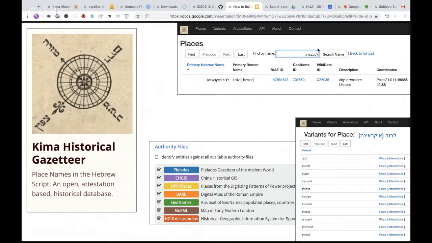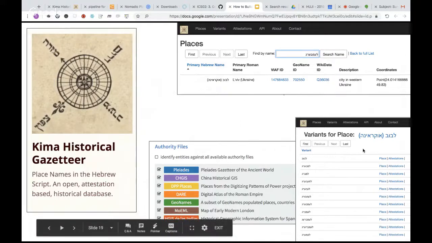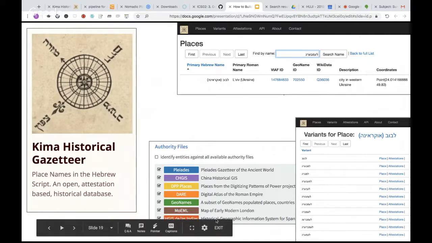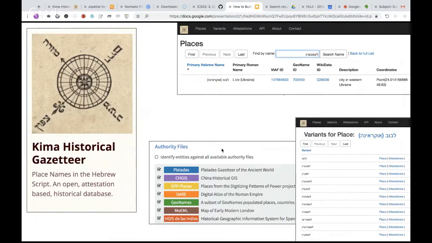So we have the places. You can search for a word and then get the details of the place, like you do in GeoNames, for example. But you can also look for all the variants of the place. Of course, our main goal is to make it into a gazetteer that will be inherent in Recogito, so we can then annotate text